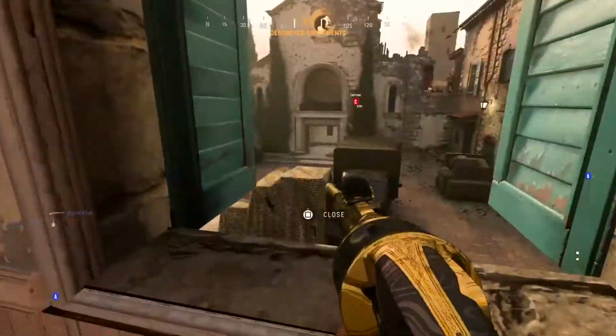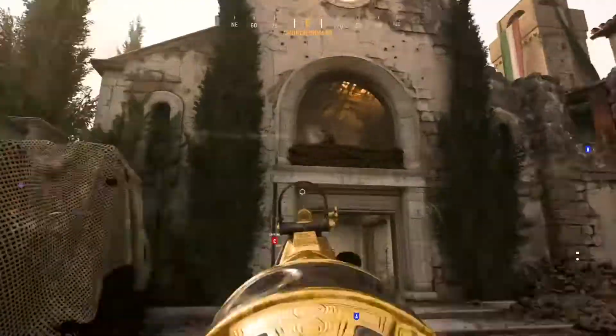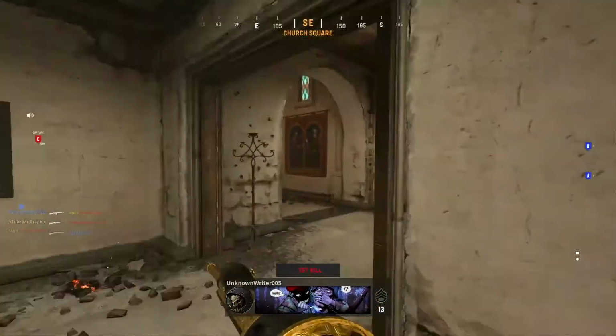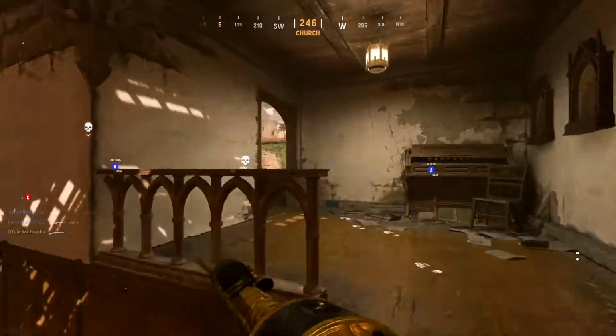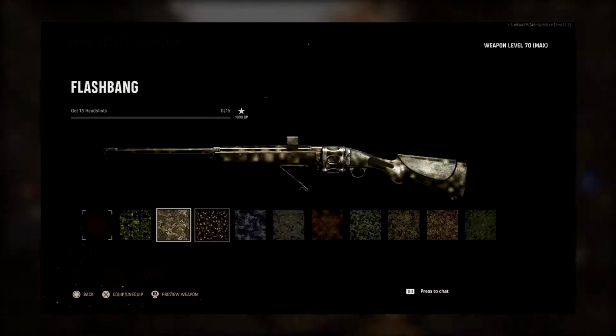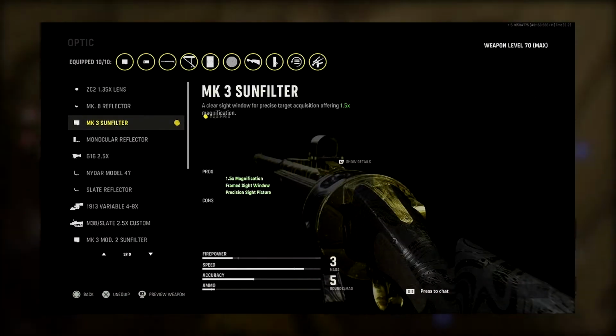Now I recommend you using any type of small map playlist like Das Haus or anything like that, or any type of map that has close quarters. Shotguns are built for close quarters, and also with the combination of the combat pacing, you might have a field day out there. Now moving on to the headshots, I recommend you use one of your optic sights